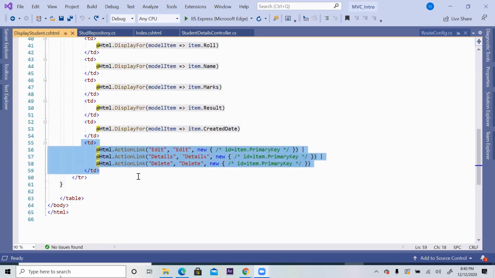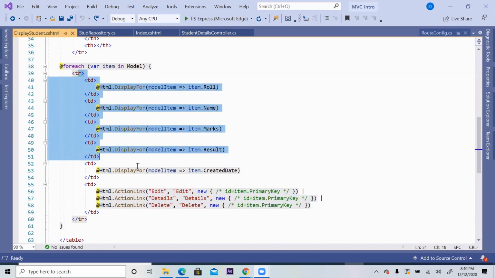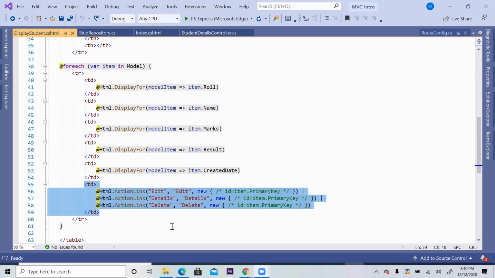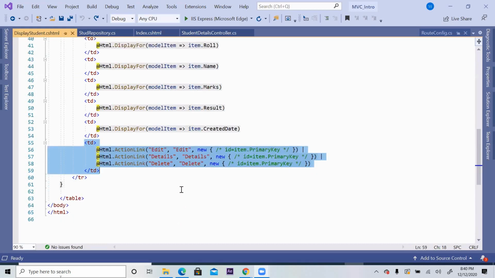Go to the last part of this row here, line number 55 to line number 59. What is this? If I remove it also, I'm okay, because the intention is to display this content. But this is one additional thing for other CRUD operations, like insert some data, add some data, delete some data. If you want any additional CRUD operation on top of this content, then you can make use of this. We will go to that, how to use CRUD operations in MVC.